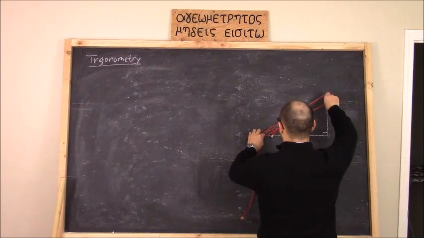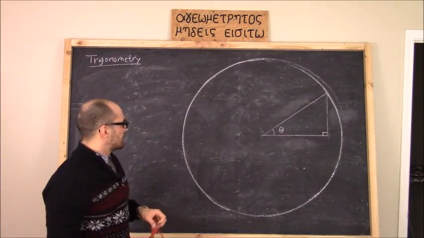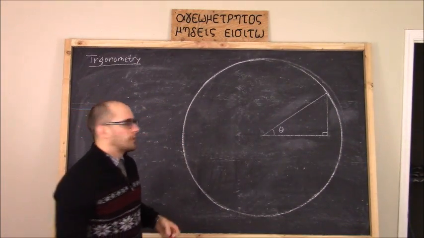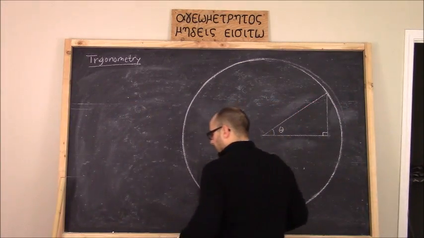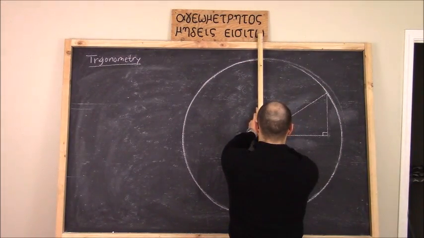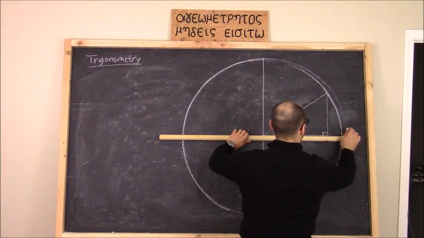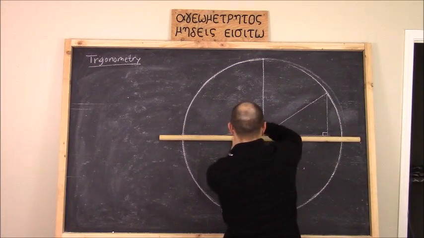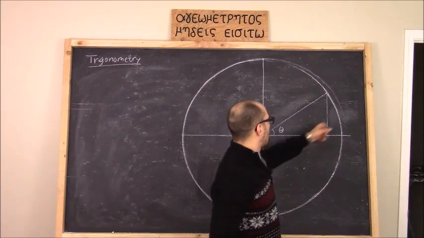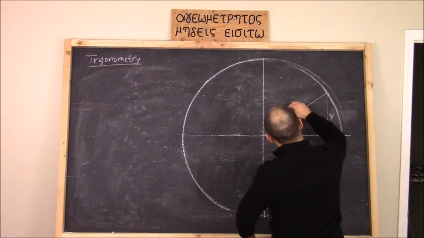If I were to draw a circle from the point of this triangle, notice that without a compass, I was able to draw a circle by using a loop of rope, because it maintains a constant radius from the center. Now, if I were to chop this into quadrants from the same point of the triangle, there, a vertical axis and a horizontal axis. Instead of adjacent, opposite, and hypotenuse, I'm going to call this x and this y, and this r